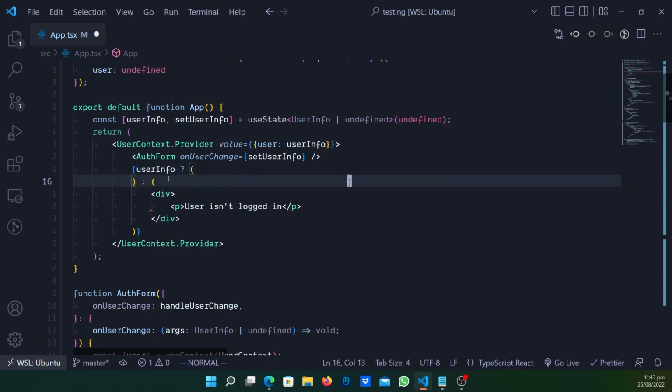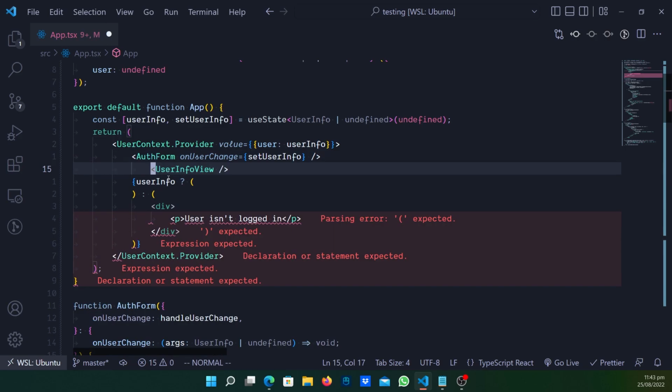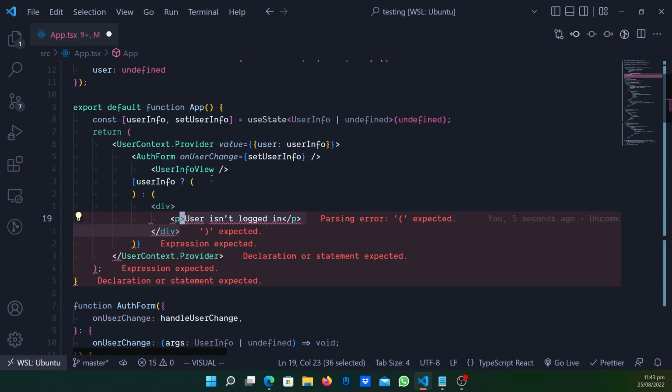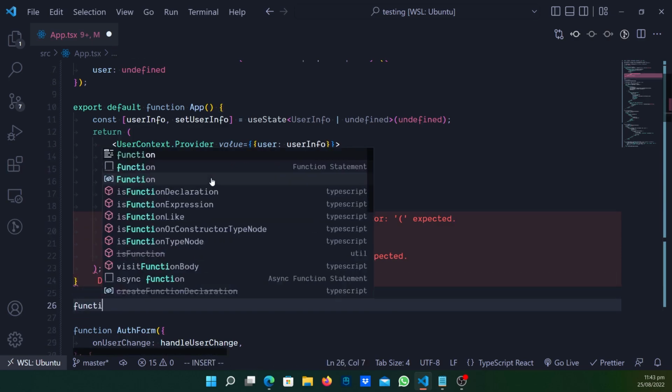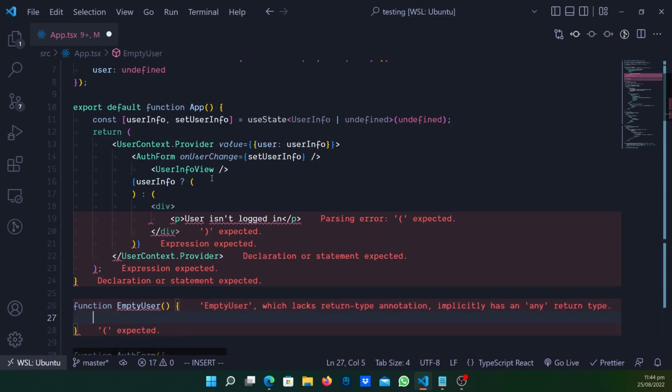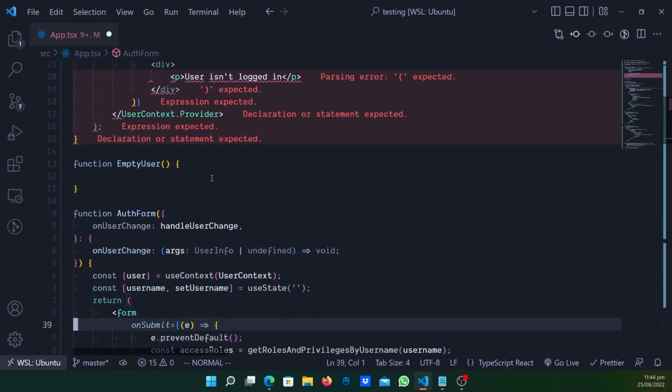You can simply paste it over here and it'll work as it should. But probably in the second case, where we actually need to show this in case the user info object isn't available, create a simple component, empty user. We grab the context